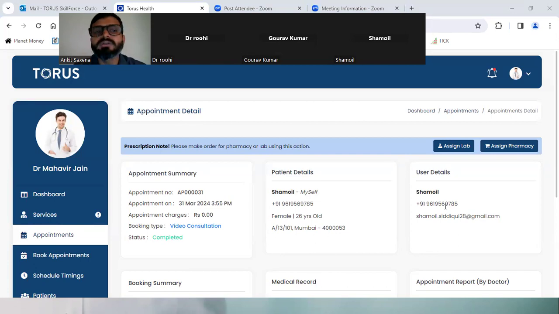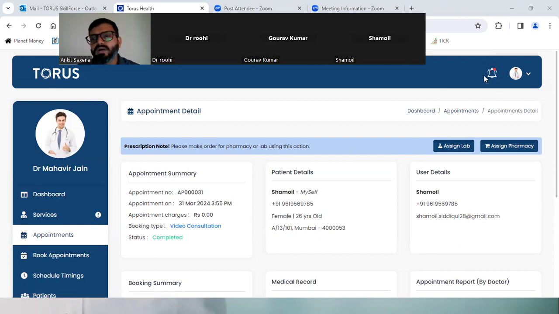Doctors don't need to do anything. Assignment of the lab and any pharmacy orders will all be done from the backend team. Doctors don't need to assign anything.